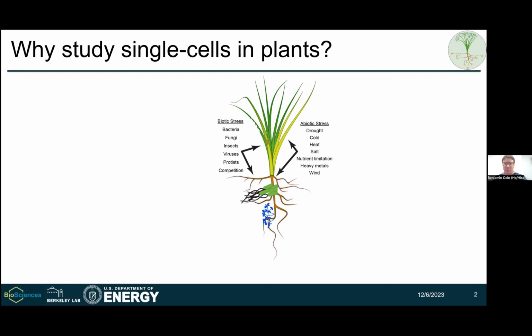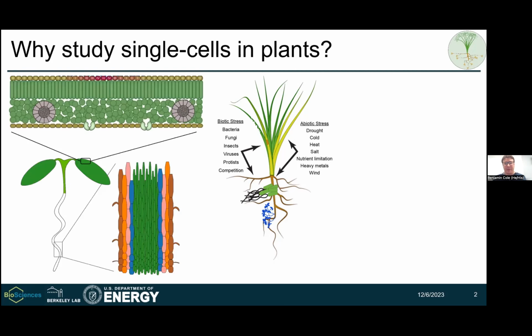And you might imagine that plants aren't just monolithic entities. They're composed, like every other multicellular organism, of a variety of different cell types. And each one of these cell types can react to their environment in different ways. You might imagine, the vascular system might respond differently to a heat shock than the epidermis or the photosynthetic organs of the plant. So I think it's important to consider how all of the different components of the plant are interacting and responding to the environment and among themselves, and also how they develop.